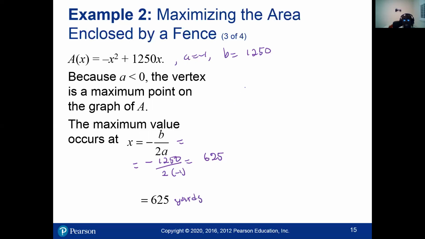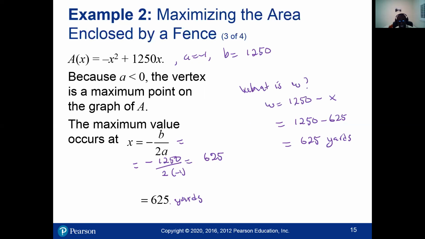So the question is, what is W? Remember, W is equal to 1250 minus X. We can get it from the previous slide. So that is 1250 minus 625, which is also 625 yards. So this tells me that the area is maximized. We get the most area when the length is